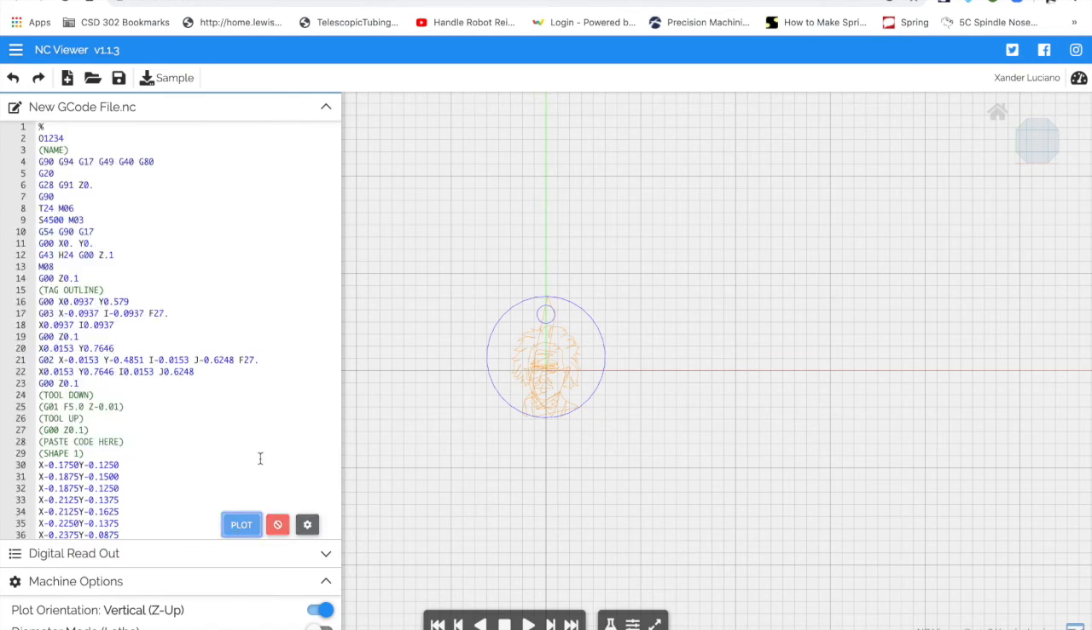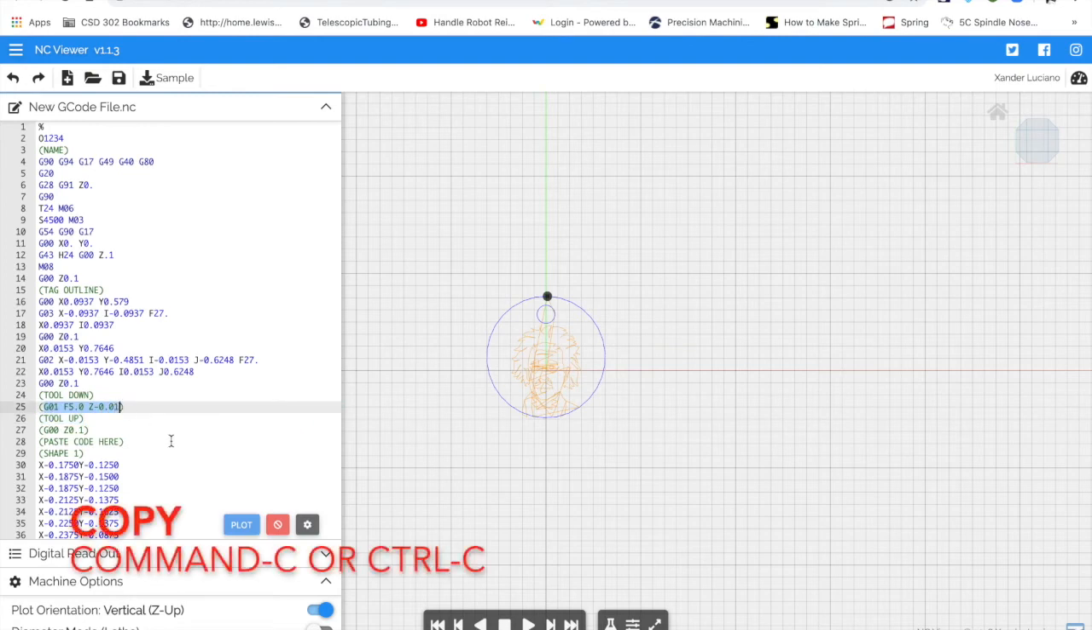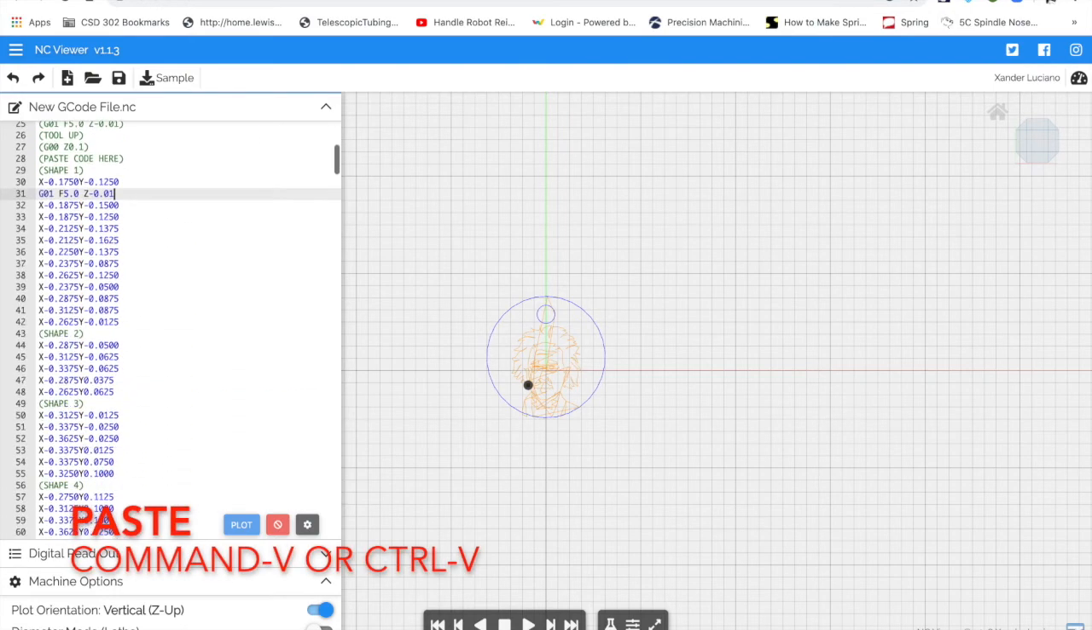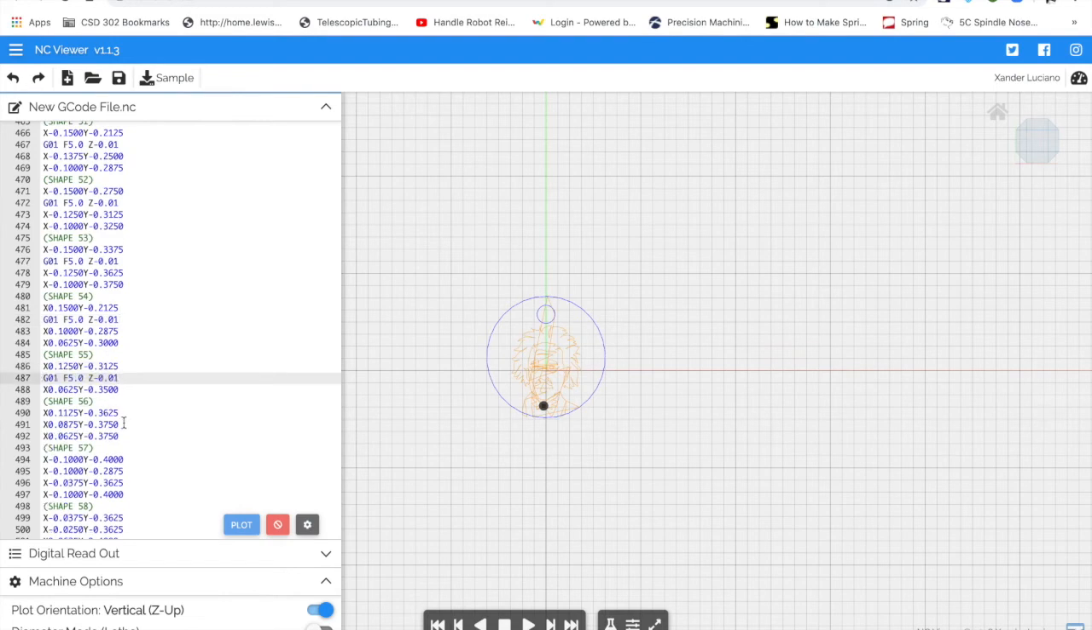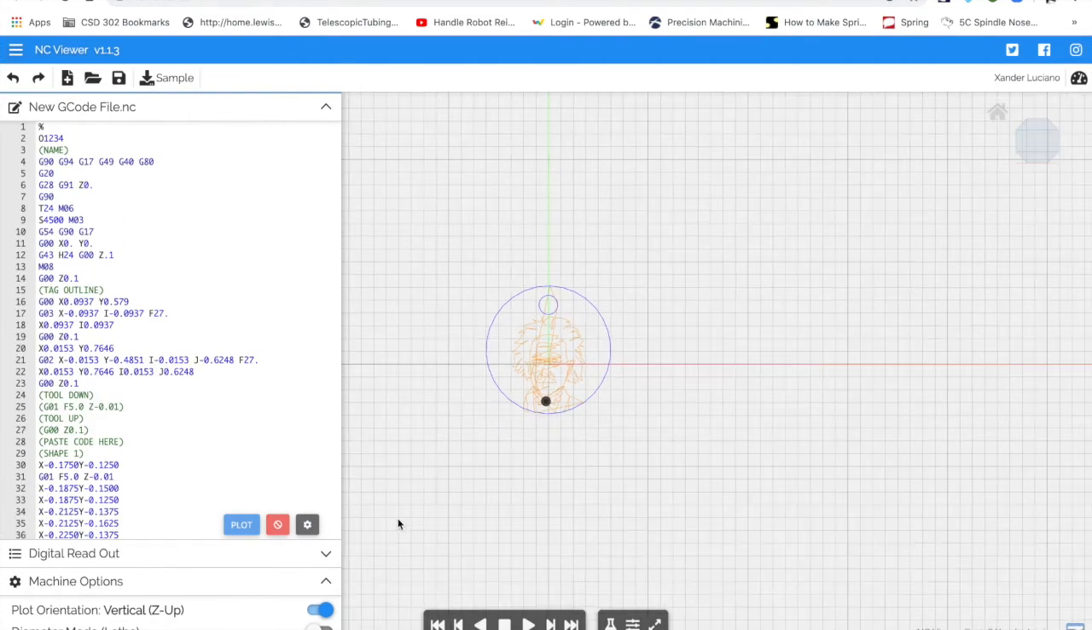Now that our G-code is scaled properly, we'll select the line of code from the document using Command-C, and we'll paste that after the first line of each shape. We'll do this for each shape throughout the entire document. This brings the cutter down and causes it to cut the work at the appropriate depth. Copy the Tool Up command to your clipboard